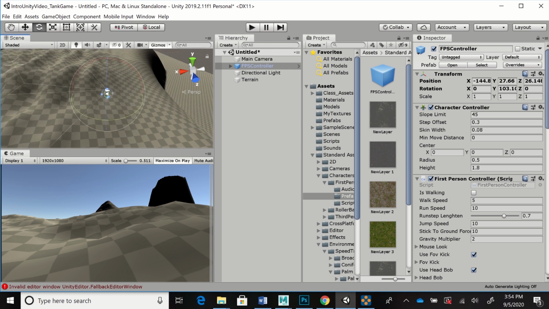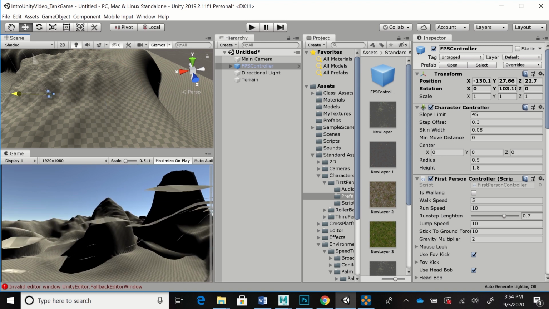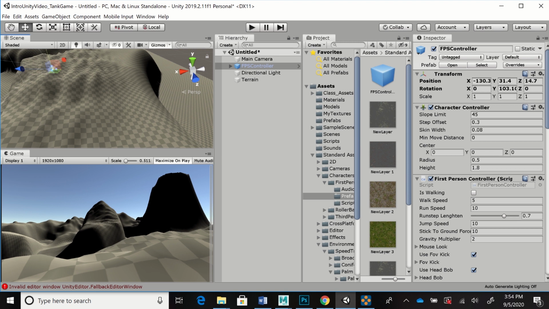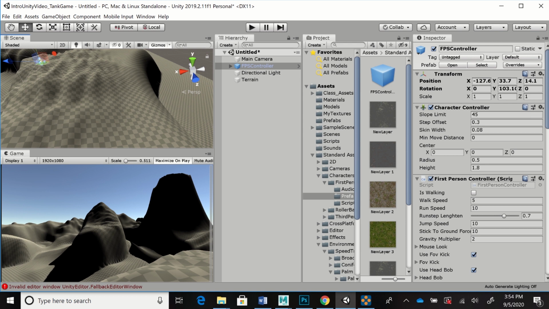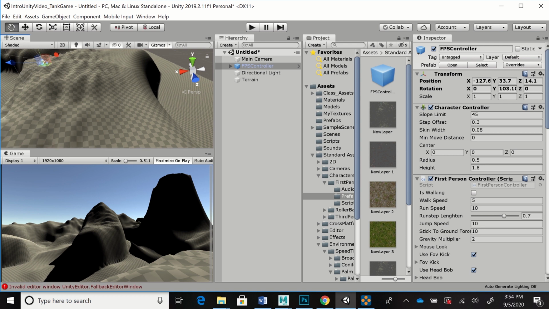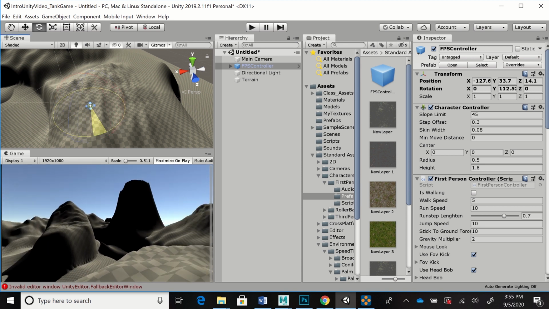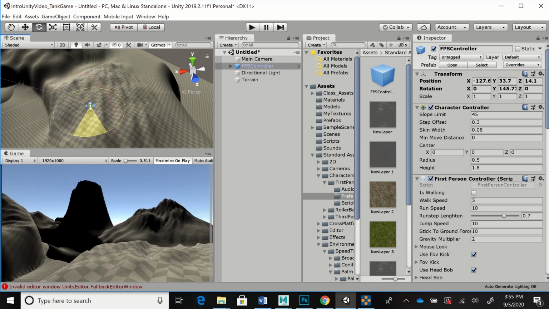And maybe I'll just move it a little bit over this way. You can see it's going into the geometry. We don't want that. We want it to be above. And it's okay if you put your FPS controller a little bit up in the air, because when you start the game, it's going to drop anyway. So if I place it a little higher up, I can see my mountains and stuff a little bit more while I'm working. And whatever area you're going to work on, let's say I'm going to work on this area right here where the volcano and stuff is. That's where you want to